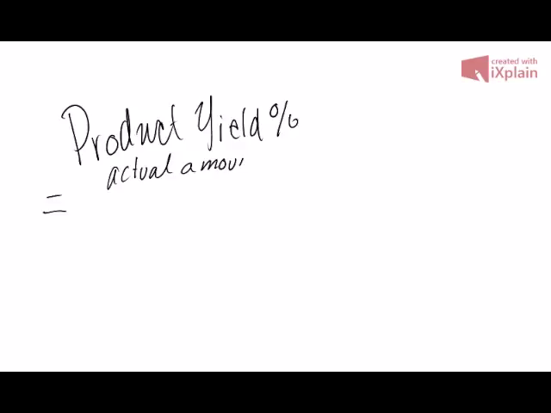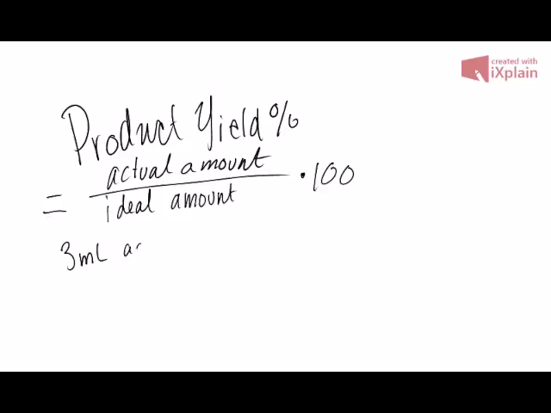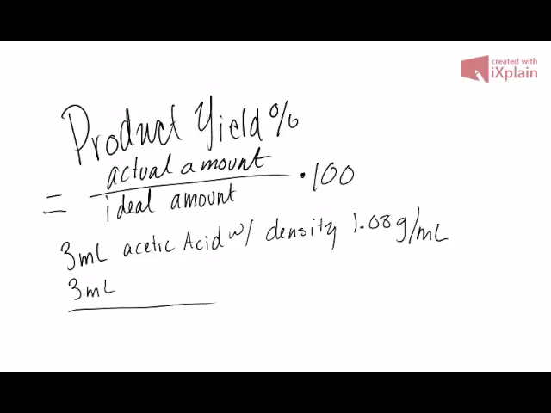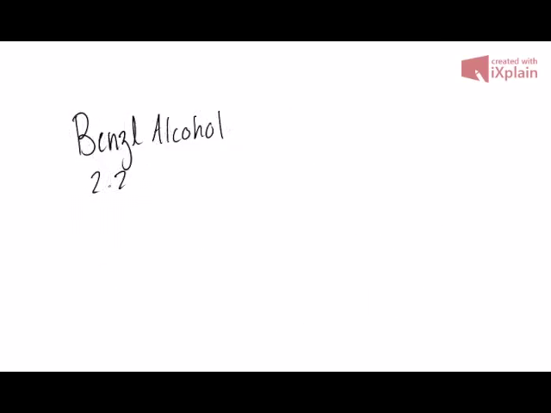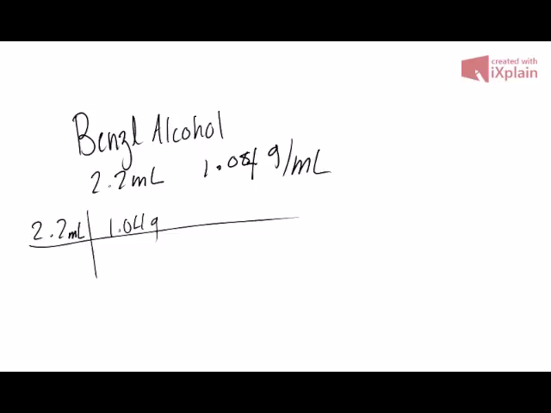Product yield is a calculated value representing how much of the product that was produced compared to the ideal amount that should have been obtained. The product yield percentage equals the actual amount divided by the ideal amount times 100. In our experiment, for every mole of benzyl alcohol and acetic anhydride, the reaction would ideally produce 1 mole of benzyl acetate. In our experiment, benzyl alcohol was the limiting substance because there were only